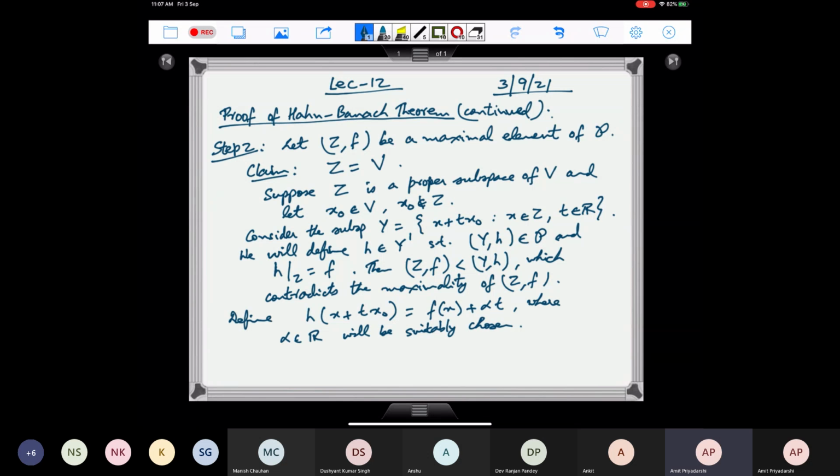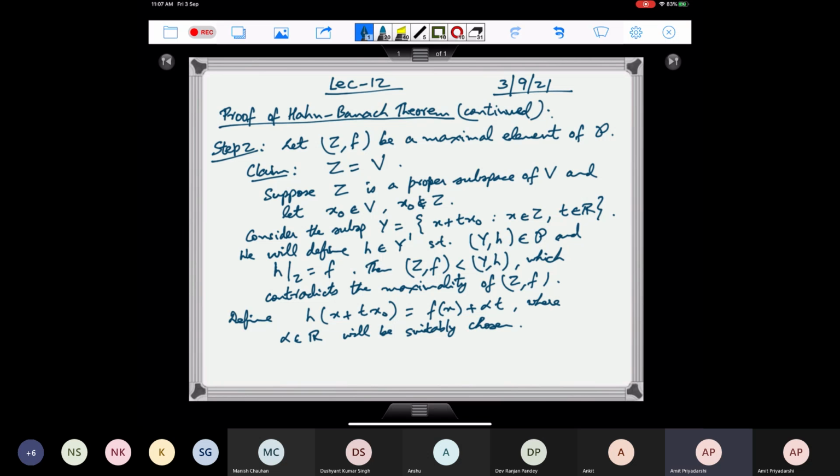So basically this alpha will be equal to h of x naught. Once you can define what h is at x naught, then you can define h at any point in Y. So we have to only see how to define this h at x naught, which is alpha, such that